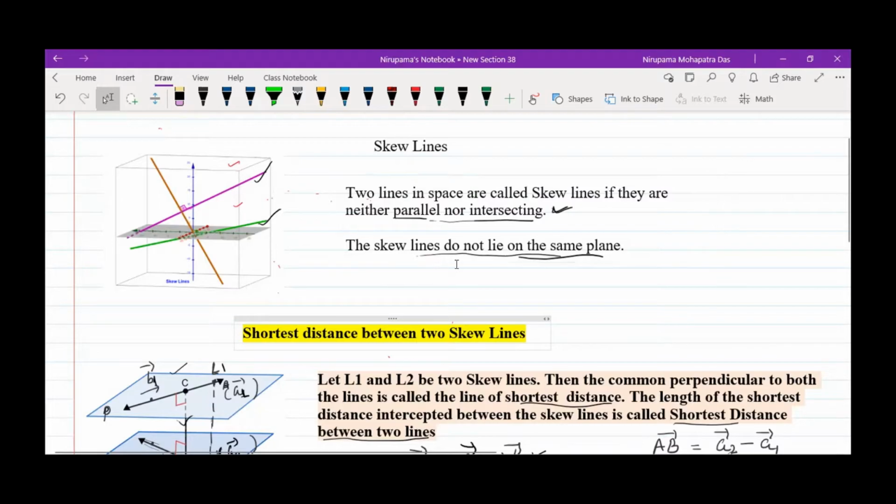We could see that also: the skew lines do not lie on the same plane. It is obvious, right? Because in the same plane, if I draw two lines, they are parallel or they are intersecting. There is no third choice here, right? If I take like this, they will intersect at a certain point. But because the lines are not in the same plane, this case is possible. So we are also convinced skew lines are not on the same plane.